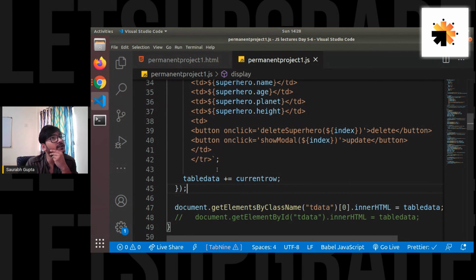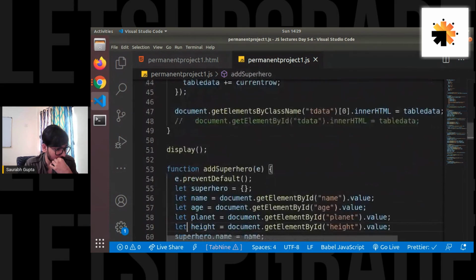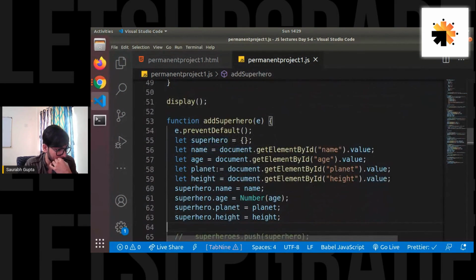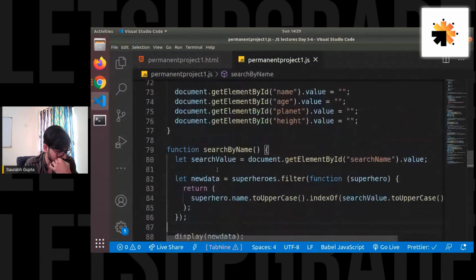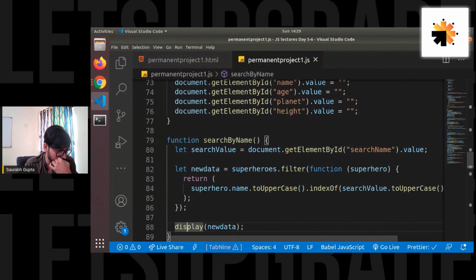Should we do it with local storage actually? Let me think. No, we should not actually make a search storage. We actually don't need a storage for search, right? We want to clear our searches on refresh. That's why we don't have to make a search storage. What we can do is, should we use local storage? No, we can fetch data from local storage for the superheroes actually, and then